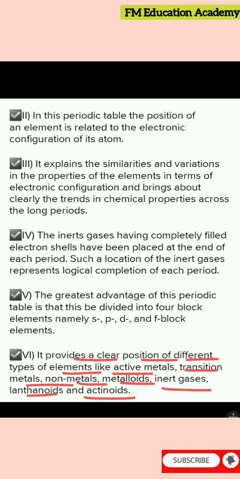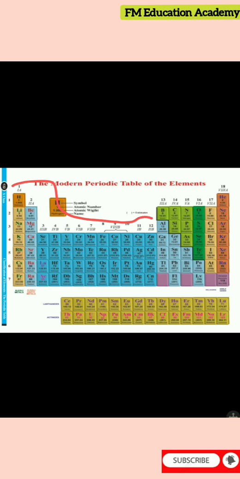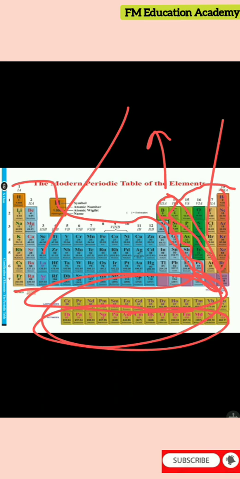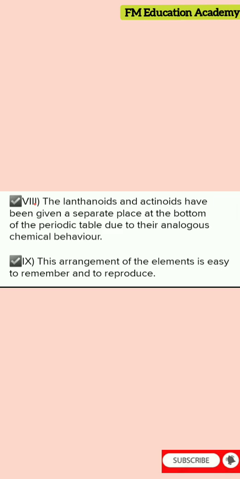Like all these elements are present in the modern periodic table. And these all are metals till here, and we know non-metals are the gases which are here, and in between, the staircase which you see, those elements are nothing but metalloids or semi-metals. These are called lanthanoids and actinoids. So all the elements are there in the modern periodic table, and a clear difference is provided: on the left side metals are there, on the right side non-metals are there, and then in between metalloids are there. That is the point.